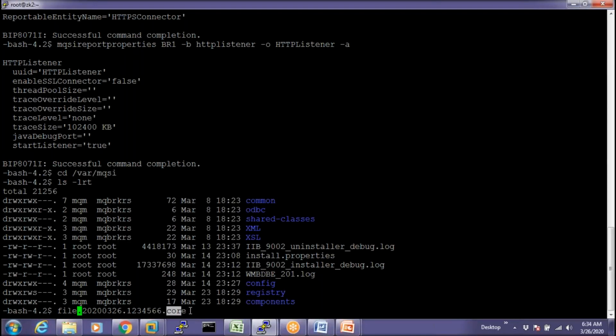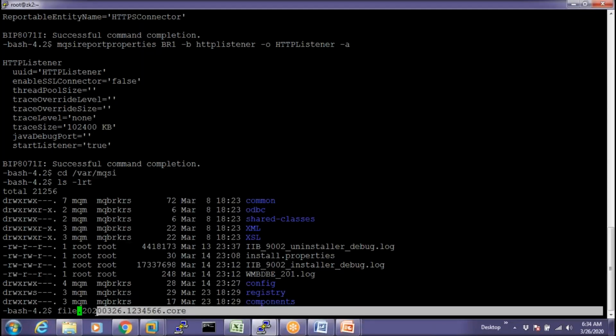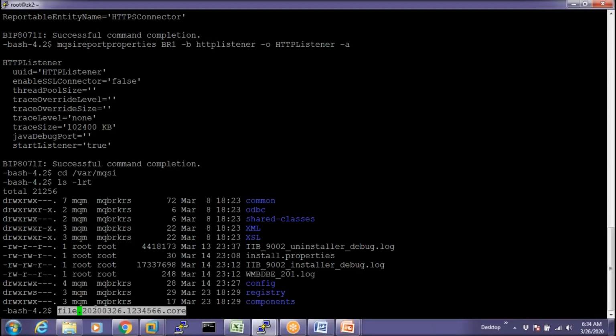Whenever in var mqsi you see a file like this, you have to understand that this is a core dump which has been generated, and generating a core dump is a very dangerous situation for the var mqsi file system, because a core dump file is around 3 GB to 4 GB in size. Whenever a process is killed brutally, around 10 to 15 core dumps will be generated.